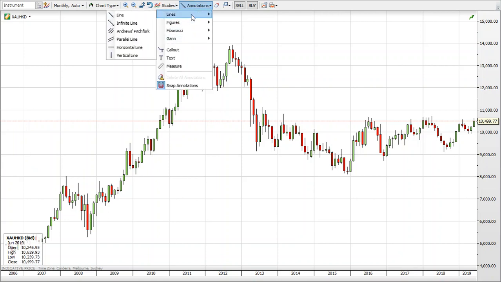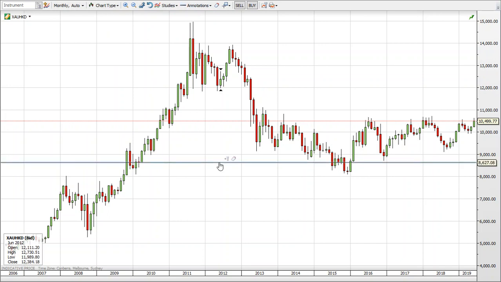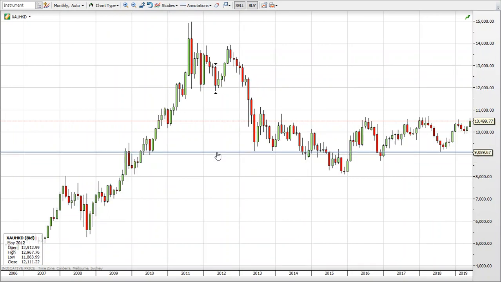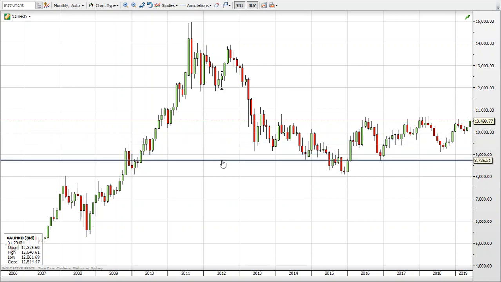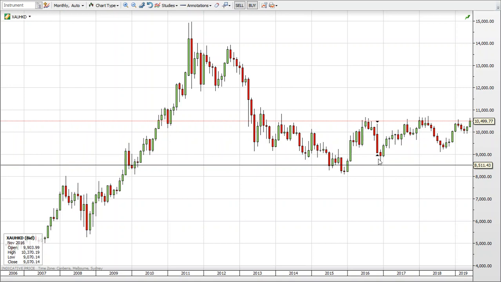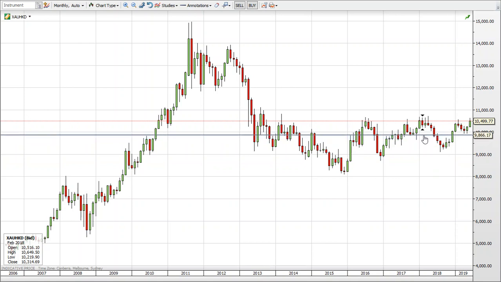So let me just get a horizontal line out to show where I would be thinking of putting my stop loss. Because it is a longer term time frame trade, I would say maybe here's a good stop loss, under these two price points where the prices bounce back up. I'm going to add a little bit more risk of getting stopped out and probably put it around here. It really hasn't been this low since before 2019. So that's where I'd probably put my stop loss,